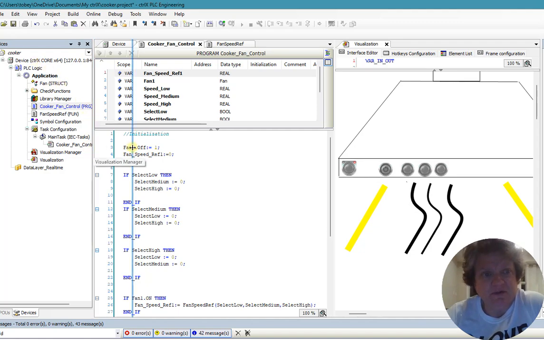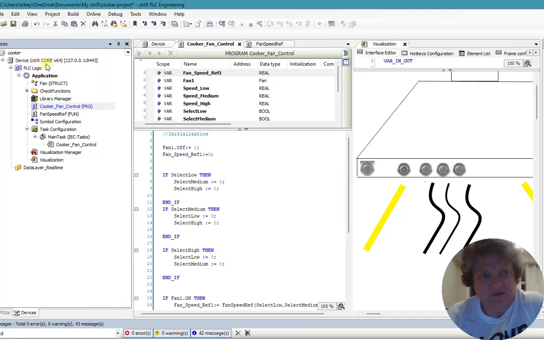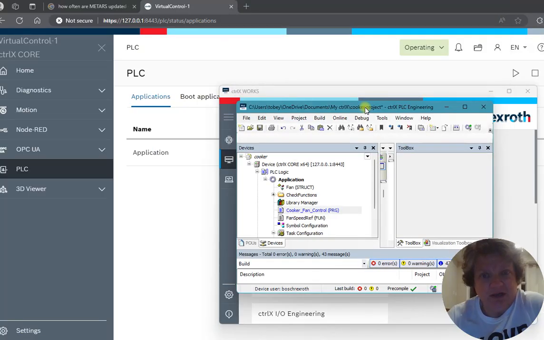You can see that I've got Control X Core 64 and I'm on the engineering station based on running the core. What that allows me to do is simulate, and I can download to my PLC